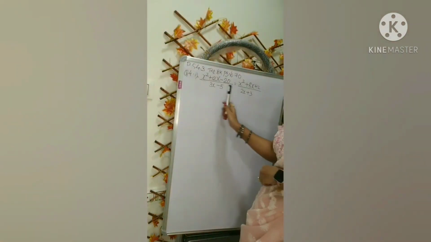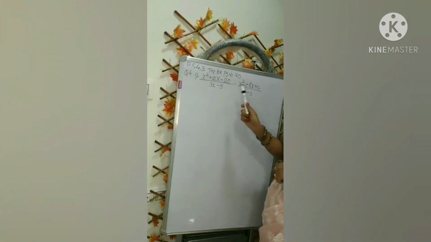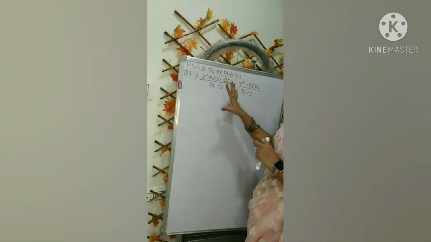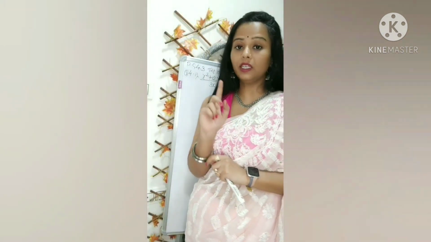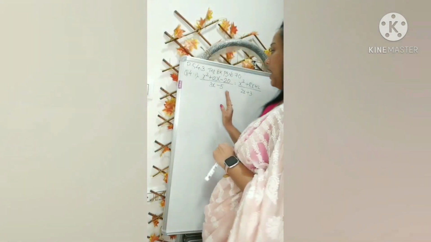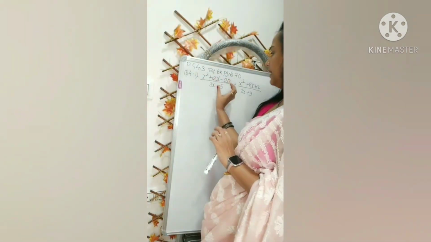As you can see here, they have given a quadratic equation in the numerator and the denominator is a binomial. What I need to do is simplify it in such a manner that my denominator matches at least 2 of the terms of our numerator. And if these terms match, it's quite easy to use either of the properties like componendo or dividendo. So my first focus has to be on how I equalize my denominator with the numerator. You don't have to completely match the denominator and numerator, but you have to see that at least some of the terms get equalized.